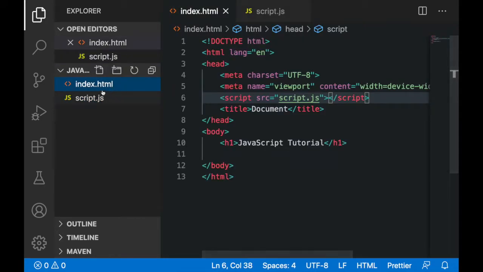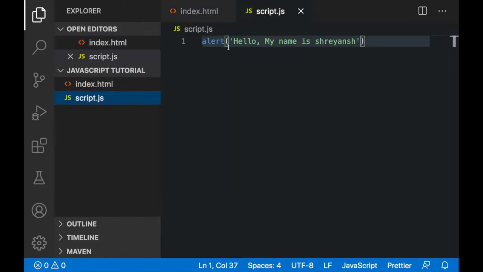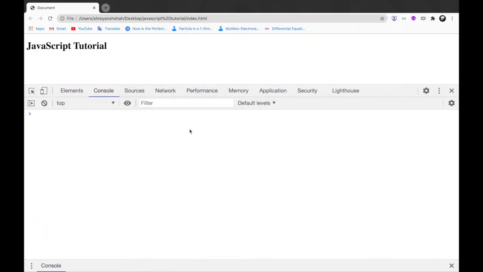And after doing this, you need to link these two files, that is script file and index file. So to do so, you need to put this line of code. Okay, inside this script tag, you need to write this attribute, source attribute, and its value will be script.js, and that is the name of your JavaScript file. So by writing this line of code, we are just linking these two files, index.html and script.js. Now friends, after doing this, if I am writing any JavaScript code in my script file, then it will be executed on my web page through my browser.